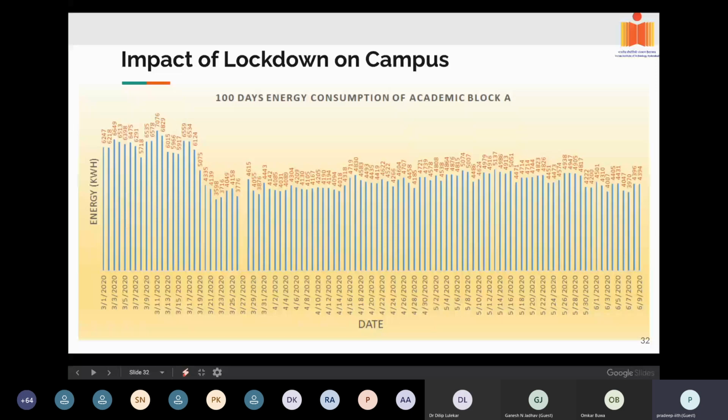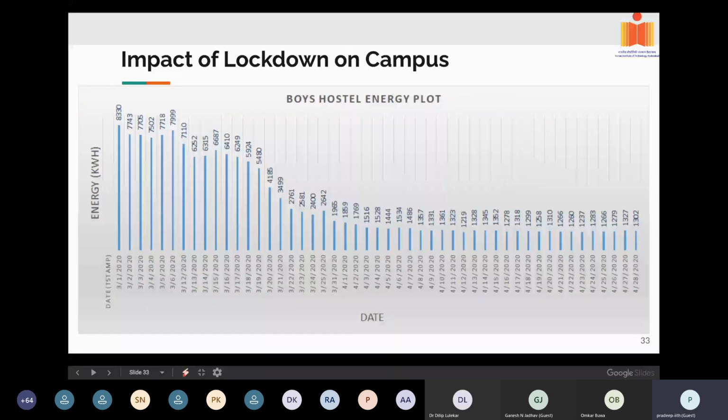Similarly, this is a hostel. If you notice, this is March 19th, 2020, March 20, March 21, and so on. There itself our load started reducing. When the lockdown was announced on 23rd, 24th March, even 2-3 days before the announcement, we got a message from the collector of our district that we need to vacate the hostels. So within 1-2 days, we vacated all the hostels. And once the students reached their homes, only after that the lockdown was announced. Otherwise it would have created a lot of problems.